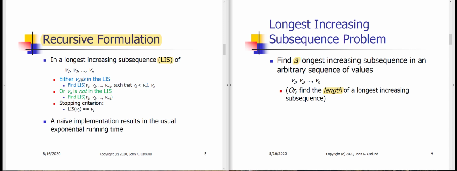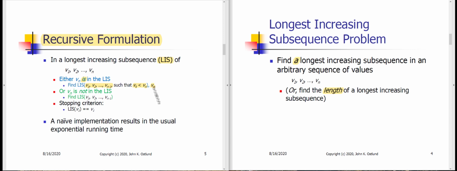Okay, so for the case where v sub n is in the LIS, then the problem breaks down to finding the longest increasing subsequence of the prior values but only those where the value is less than the final value, and then append the final value to that